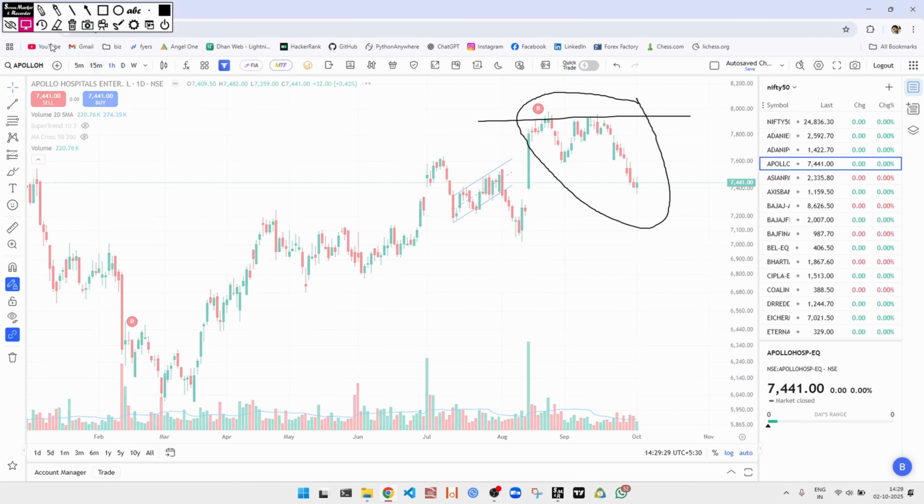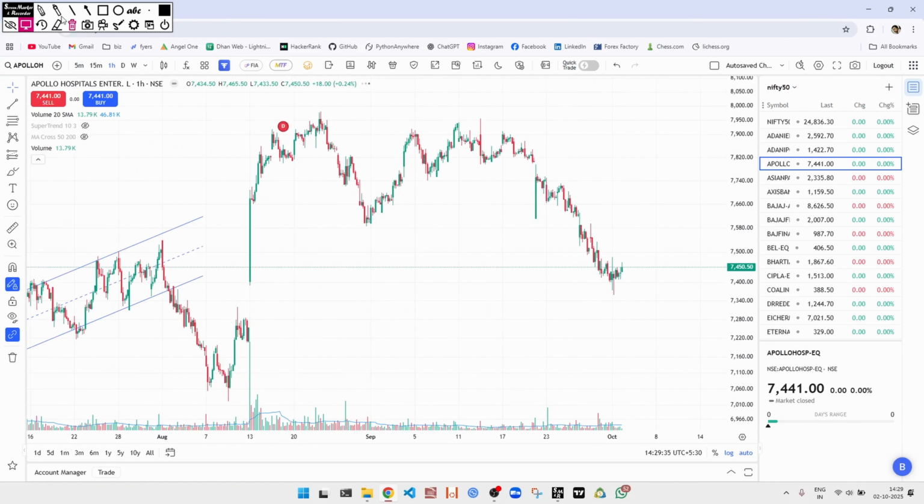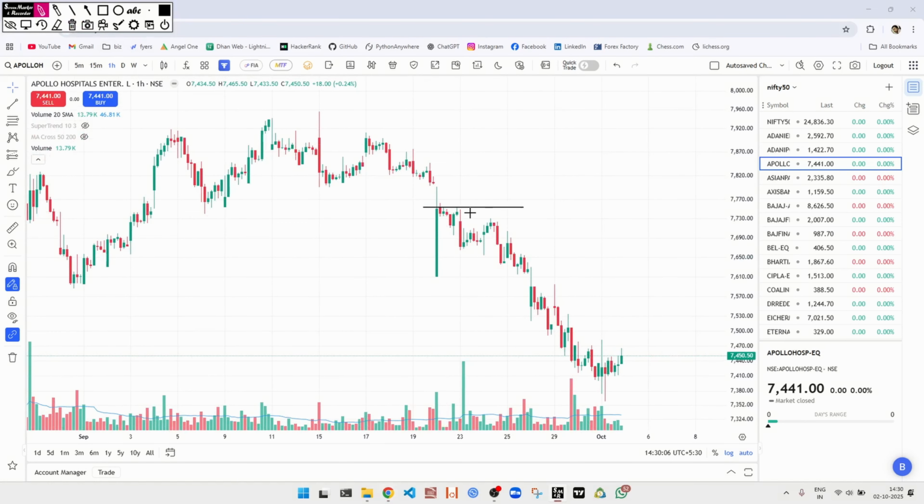Now let's first move to 1 hour time frame and see what the chart pattern is. Okay, let's zoom out a bit. On 1 hour time frame, this is the all time high area. Price traded here for quite long. After that, there was a breakdown. This breakdown was mainly due to tariff related issues, and in this breakdown we can see that we are forming a downtrend. First down move, then a pullback, again a down move, again a pullback, then down move after down move after down move,